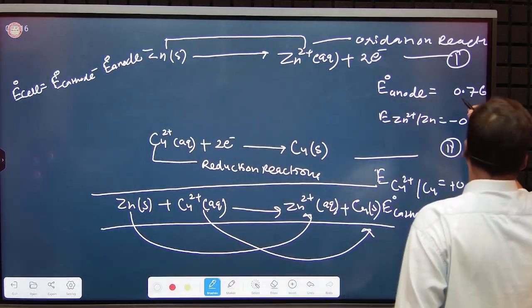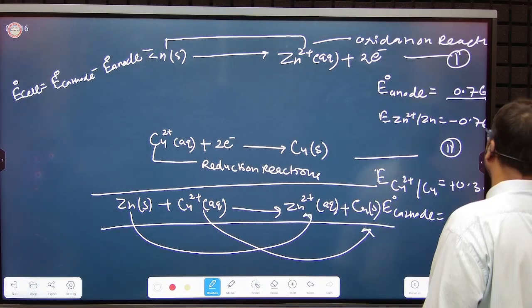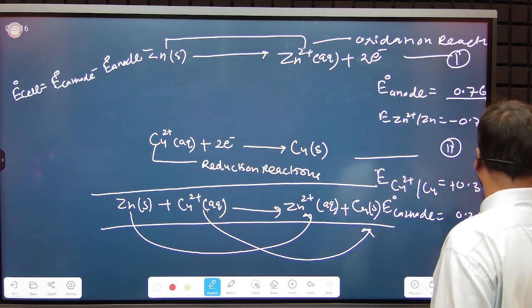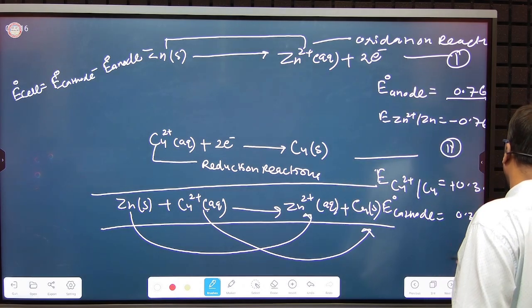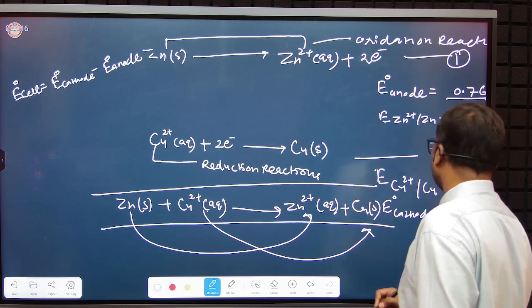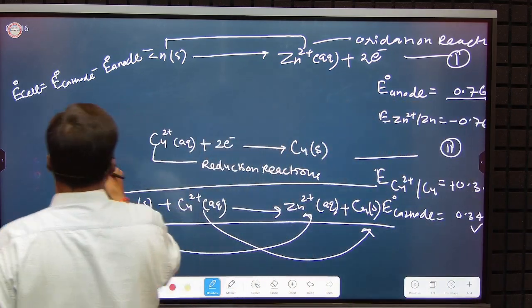So this is your 0.76 volt for this particular oxidation, and here this is your 0.34 volt for reduction. So here what you can say,